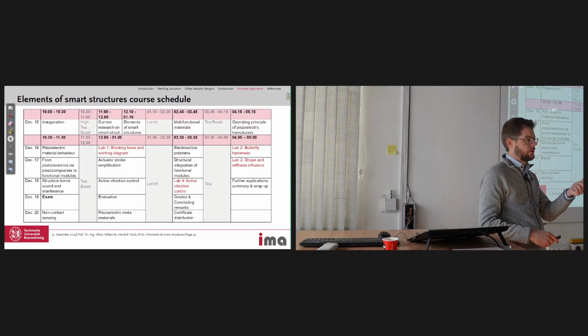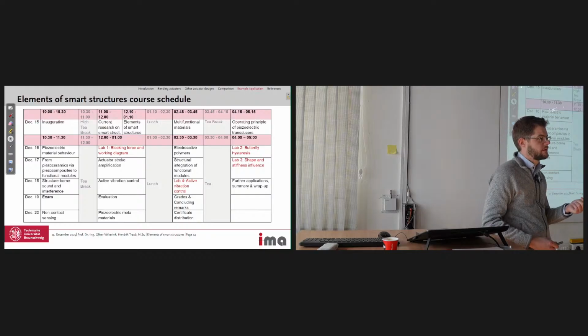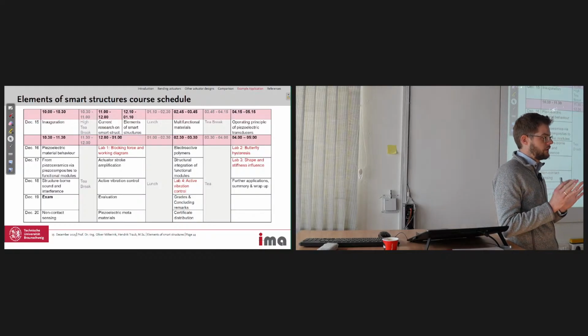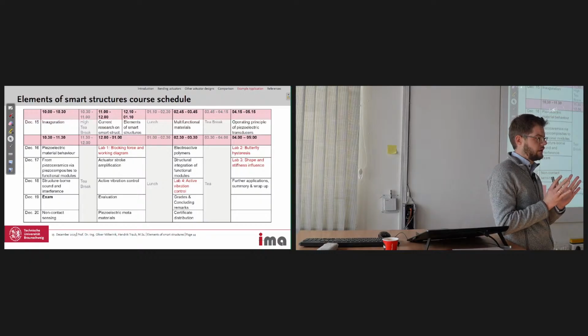So to turn around the sign, I think in a small range you can also actuate it